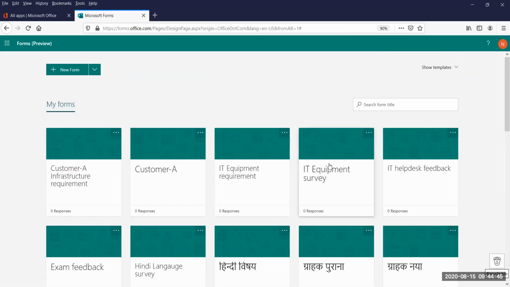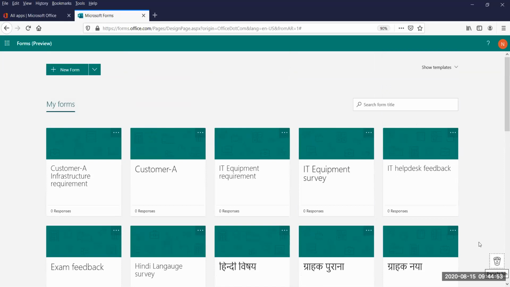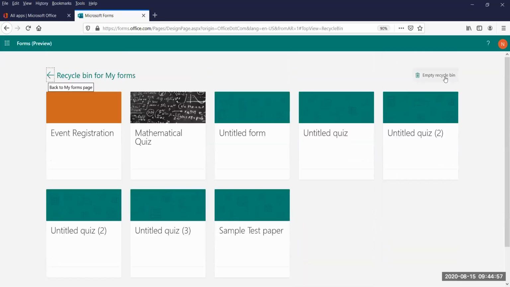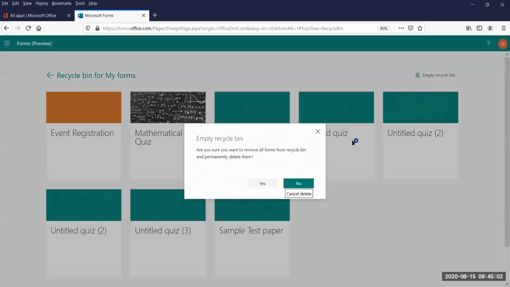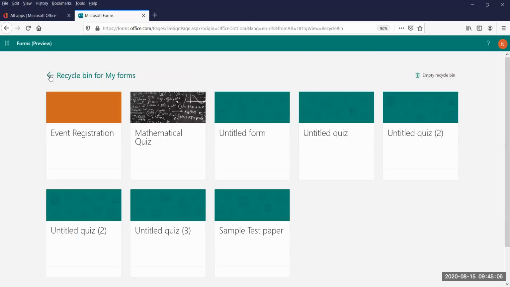Just for the sake of clearing your My Forms view of unwanted forms, don't put them in the recycle bin, because if by mistake you click on empty recycle bin, your forms are gone. It will not be reverted; it will be permanently deleted. So better you keep it like that only.